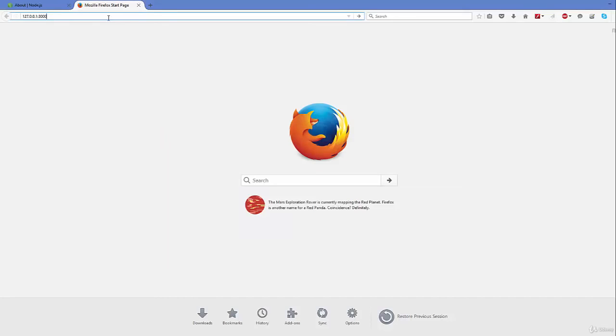Then press enter, and you can see hello world is printed here. So you know that your Node.js server is working perfectly fine on your Windows operating system, and you know that you have installed Node.js perfectly on your Windows operating system. So in this way you can download and install Node.js on your